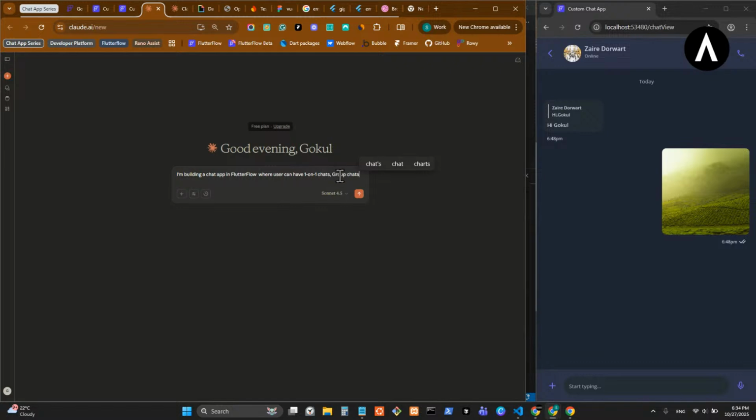User can have one-on-one chats, group chats, and what all we have, and messages for each chat. In each chat, user can send text message, text, reference text message,